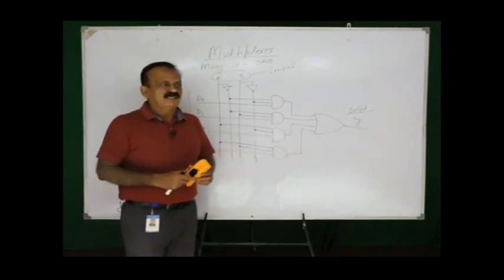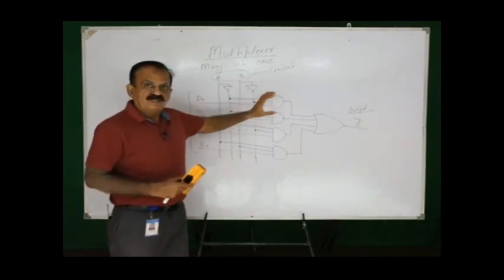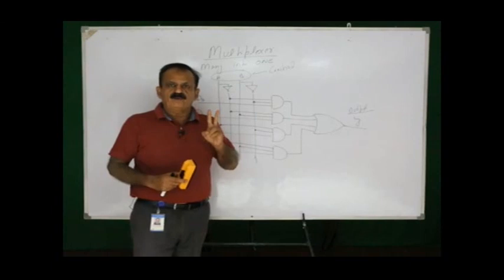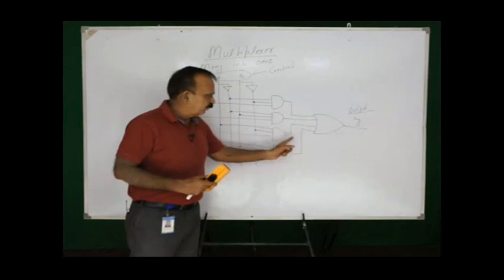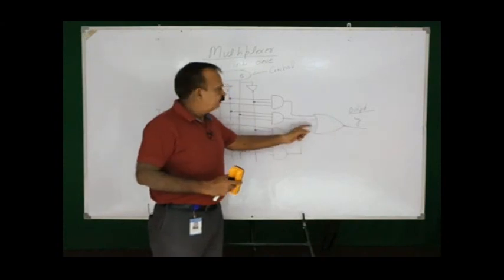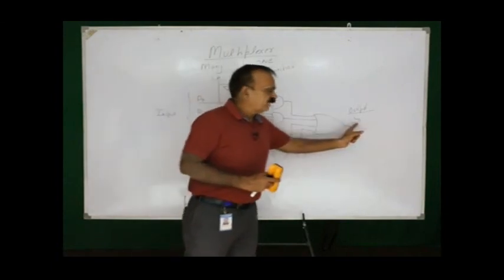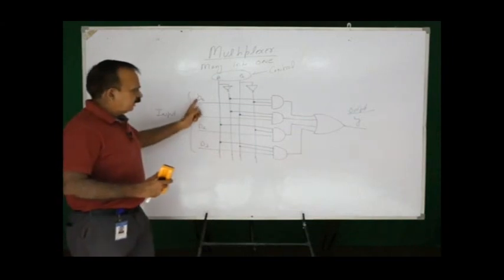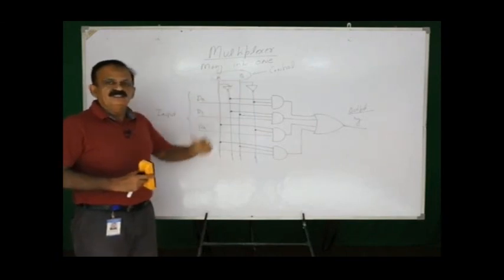It is quite logical. When A and B are 0 0 and this topmost gate is connected to the fundamental product of 0 0, A bar and B bar, these 2 values will be 1 and the third is D0, the output is going to be D0 and all other values will be equal to 0. Now for this OR gate, the inputs will be D0, 0, 0, 0 and finally the value of Y will be equal to D0. That means this input is connected to this output due to the AB value equal to 0 0.